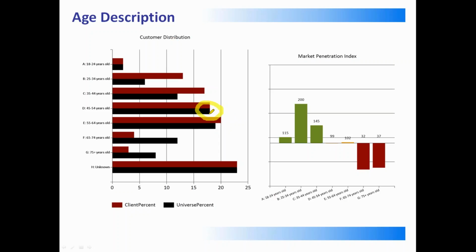It's the second most populous category by a very small margin, but it's neck and neck against the universe in terms of statistical discrimination. When we look at some of these younger age ranges, take the 25 to 34-year-olds, for example, they make up about 13% of the customers, but only about 7% of that universe of